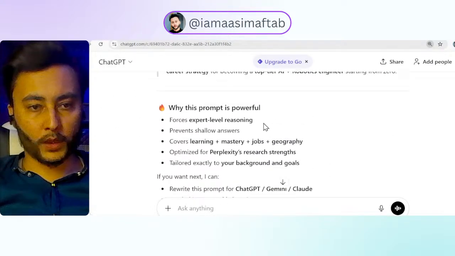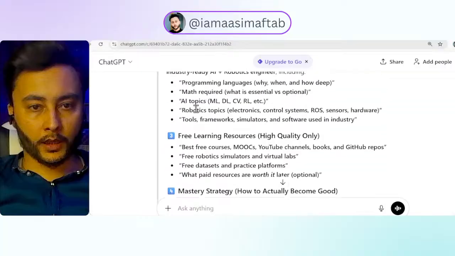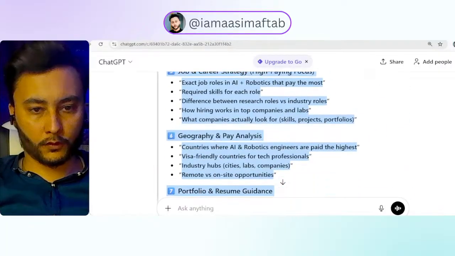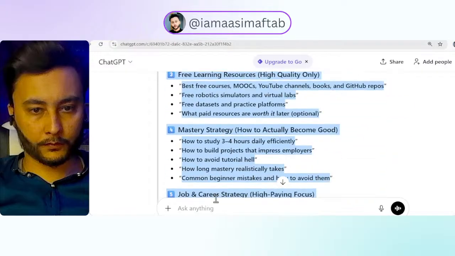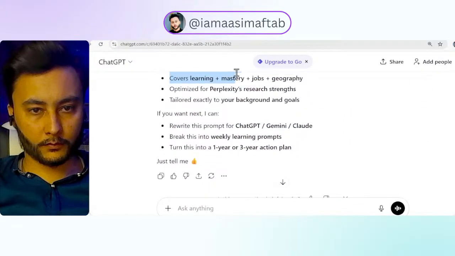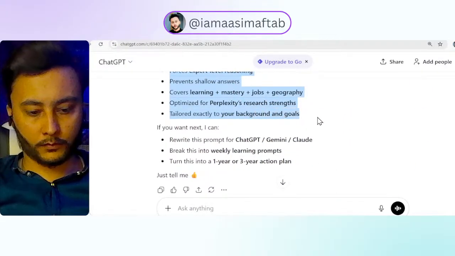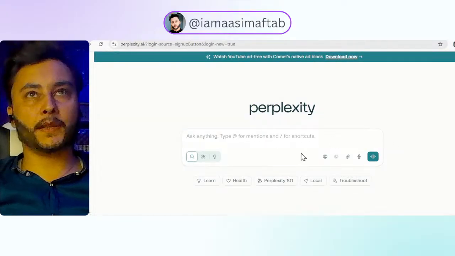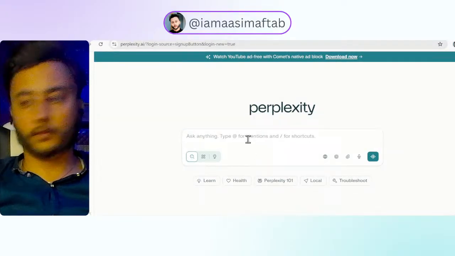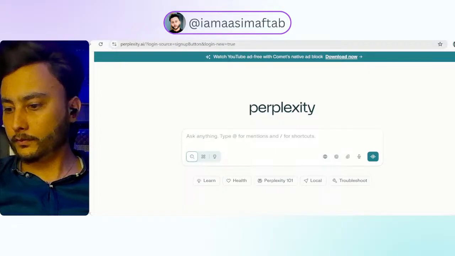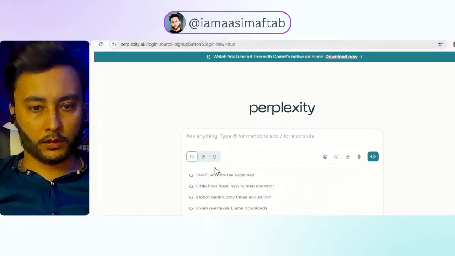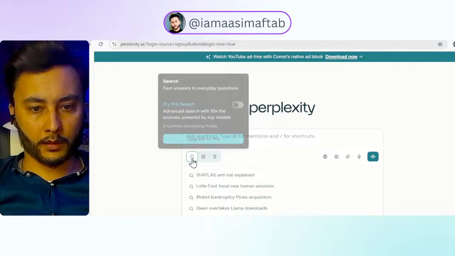Now, what I need to do is to simply Control C, let go to the Perplexity AI. Is it visible to you guys? Yes, it is visible. Now, in the search term, okay, search,